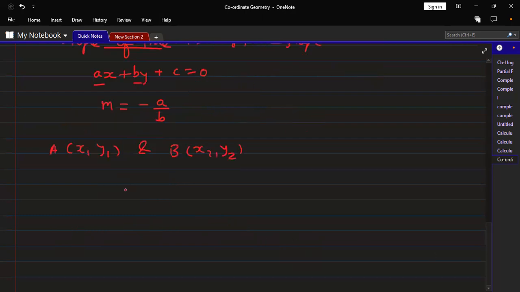So for that, finding the slope from these 2 points, it will be the same as m equals delta y upon delta x. Delta y means the difference between y coordinates, divided by the difference between x coordinates. So our y coordinates: y2 minus y1 upon x2 minus x1. Okay. So for example, if we look at examples of both,